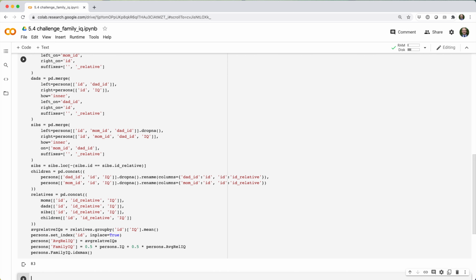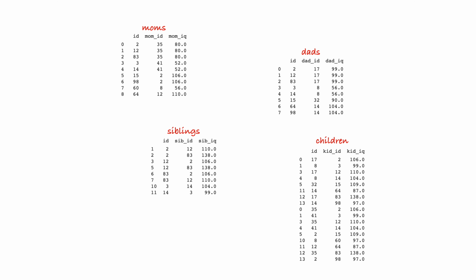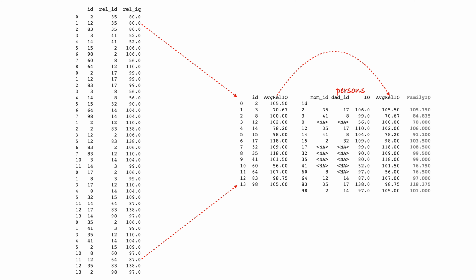Here's the strategy. I want to build a dataset of moms with ID, mom IQ, a dataset of dads like ID, dad IQ, a dataset of siblings like ID, sibling IQ, and a dataset of children like ID, child IQ. And then I want to concatenate those into one tall data frame of relatives that has every ID, relative IQ. From there, I can calculate the average relative IQs, pipe those back into the person's data frame, and calculate each